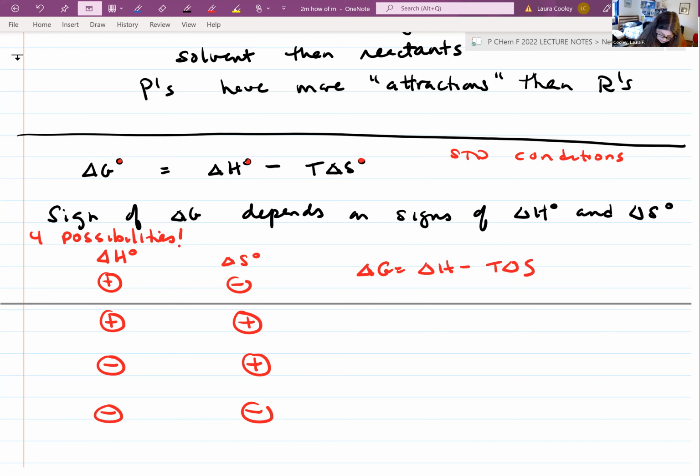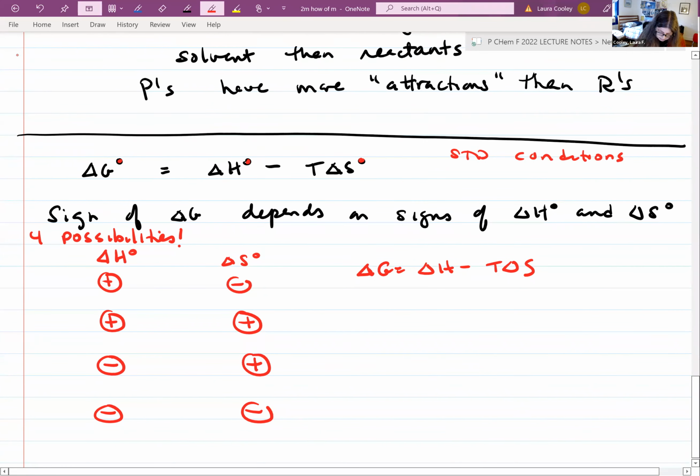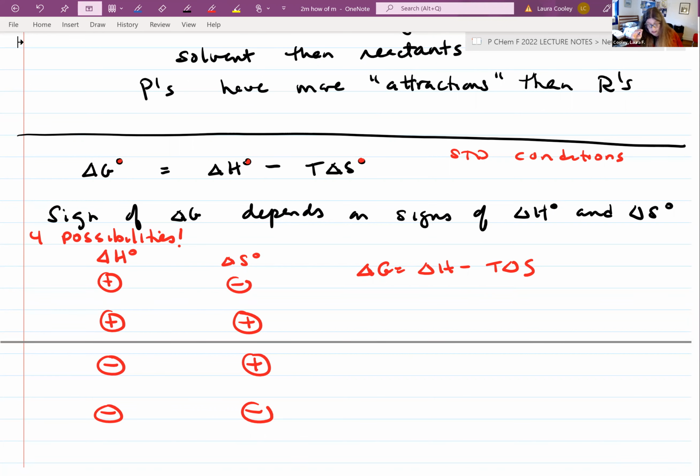Give myself a little more room. Didn't work. This thing is not behaving very well today. Oh,